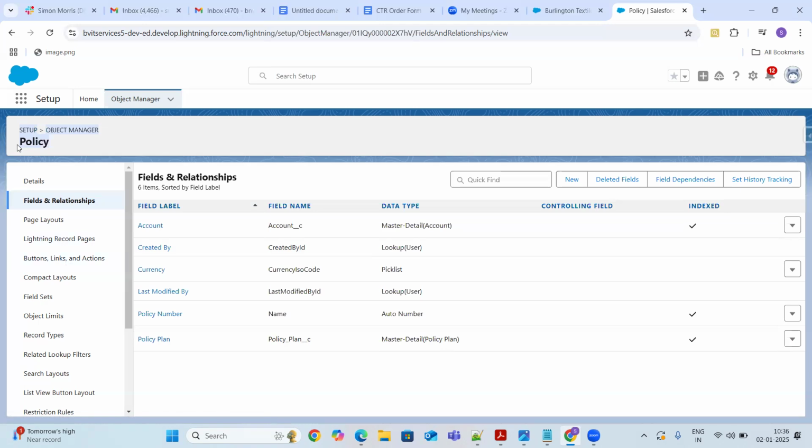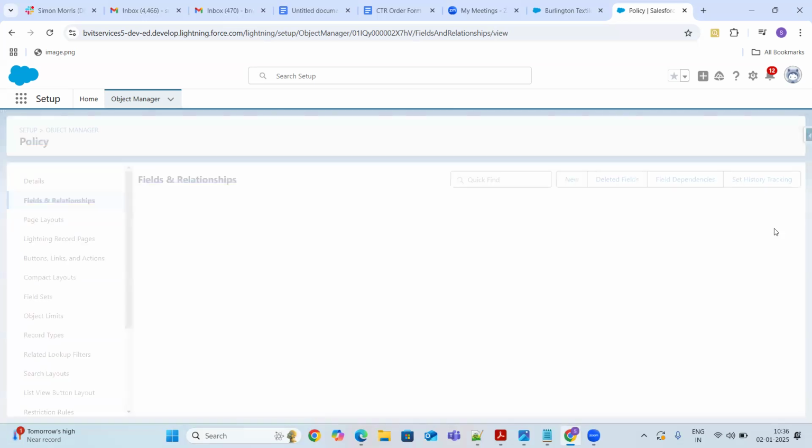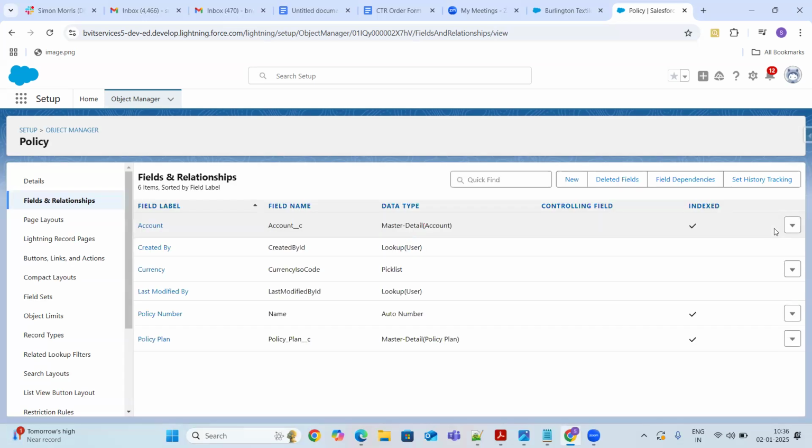Then you might think, if I have a third master detail field on this object, how can I say what is the junction object between the other things? If you see it, guys, master detail relationship is disabled. That means maximum you can create two master detail fields on the object. So there's no question of a third master detail. You can always create only two master detail.